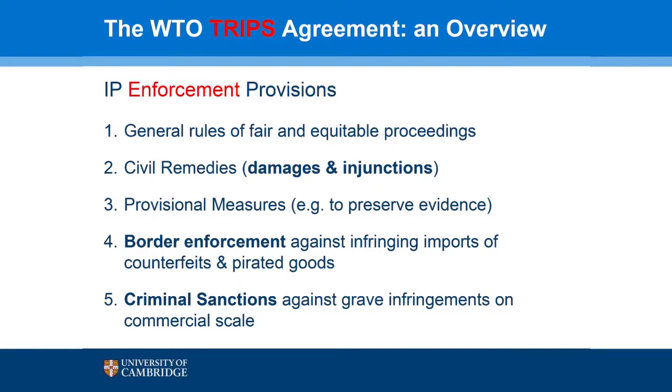Just to say, as a last element of the WTO TRIPS agreement, that this agreement contains also provisions which require countries to provide remedies for right holders, for those who have intellectual property rights in the local laws. So these kind of remedies cover the basic kind of remedies one as a private party would expect in national systems of procedural law and litigation.